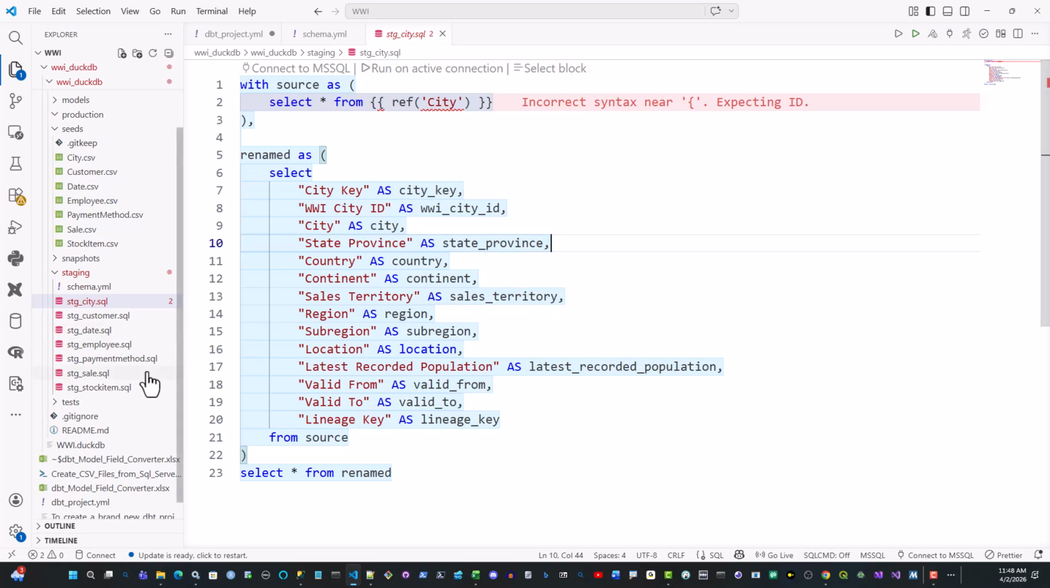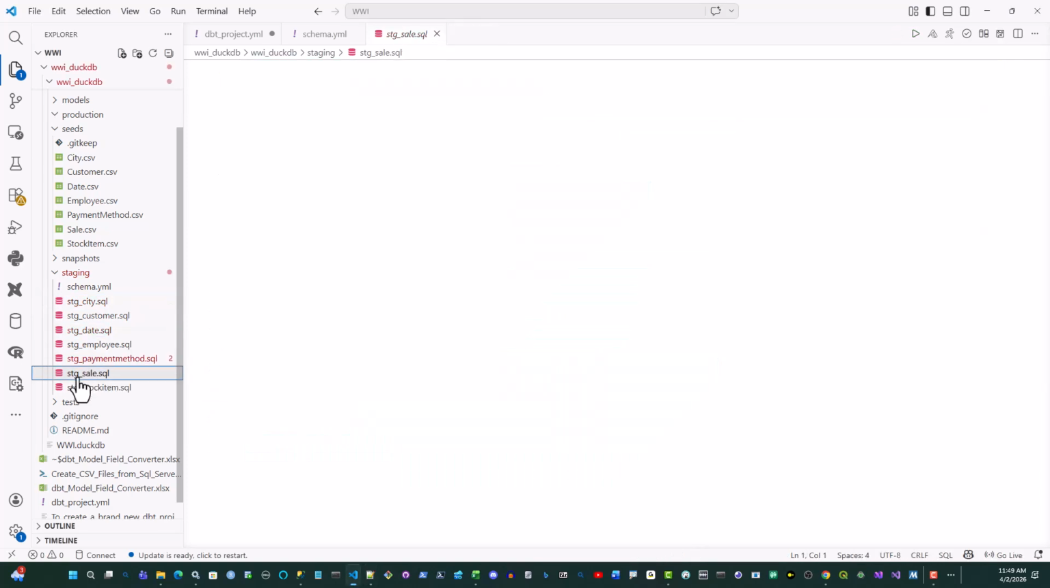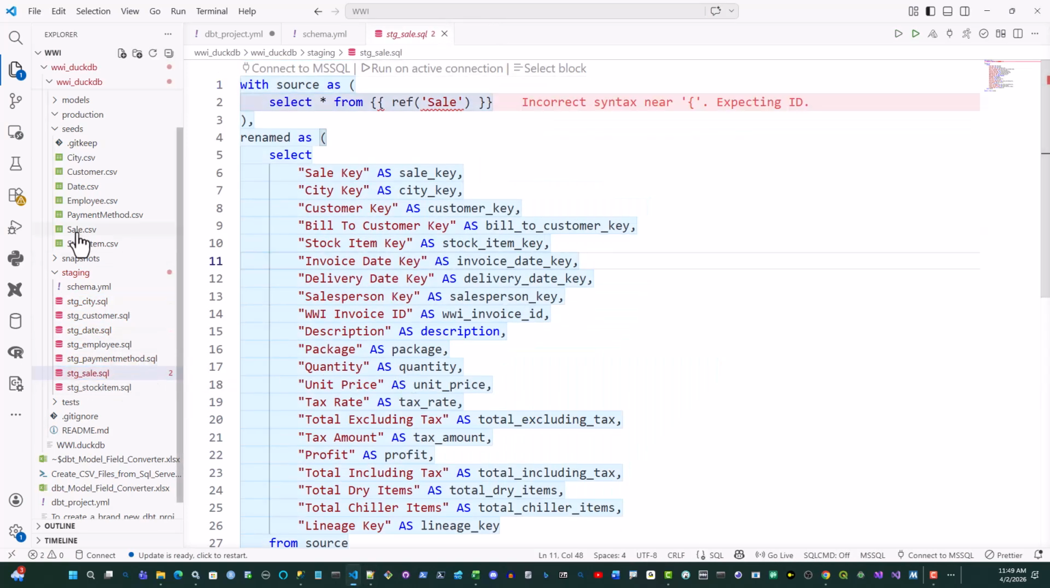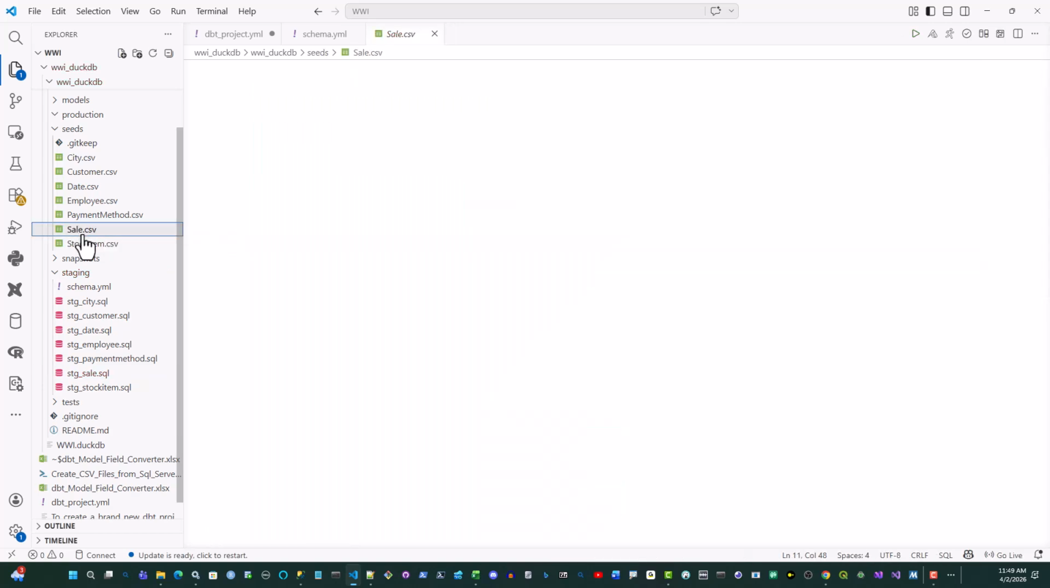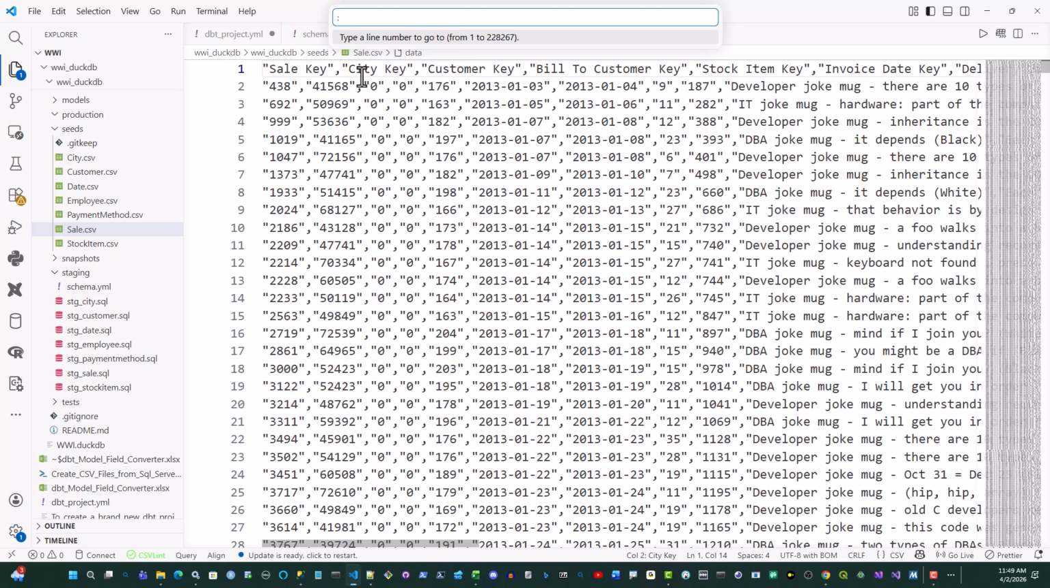So that's all there is to it. You can do that with each of these models. Okay, so once you created these models, just by renaming all this stuff, I want to fix my problematic sales CSV file. If I open this sales CSV file, Control G, and I'll go to line